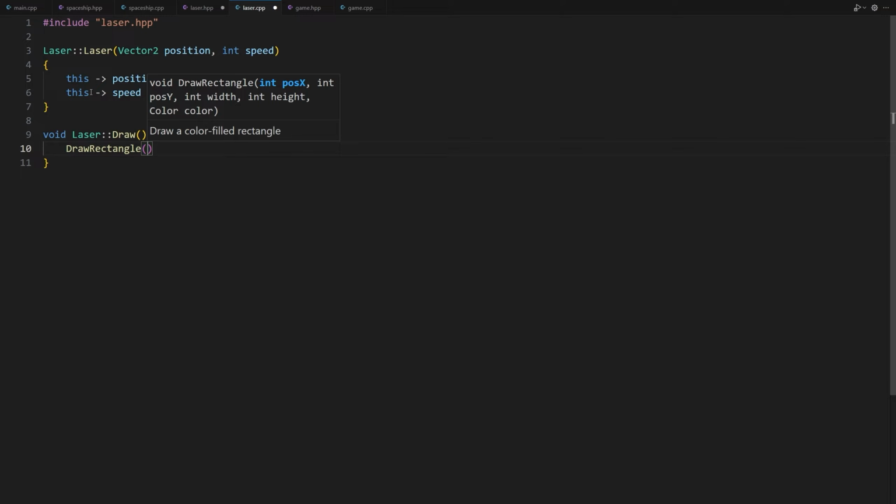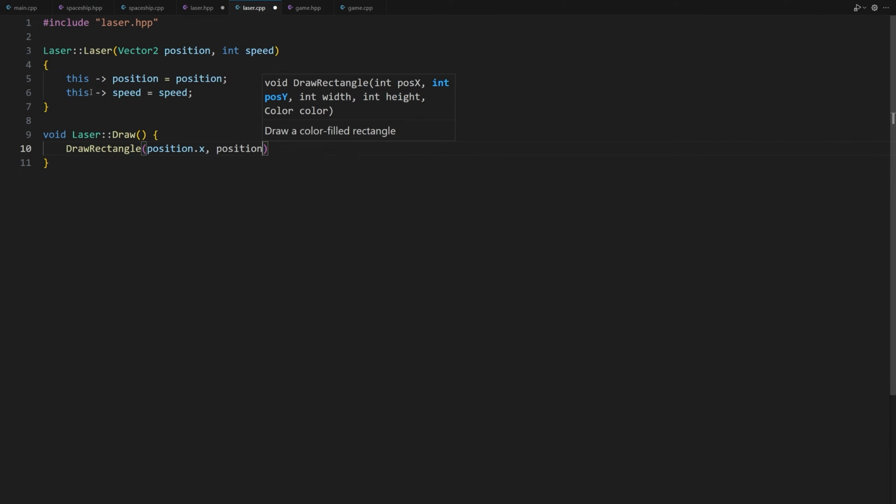The fifth parameter is the color in which the rectangle will be filled, specified as a color struct. So to draw a 4 by 15 pixels rectangle, we need the following line of code. Draw rectangle parentheses, position.x, position.y, 4, 15, curly brackets, 243, 216, 63, 255. These values here are just a yellow color.